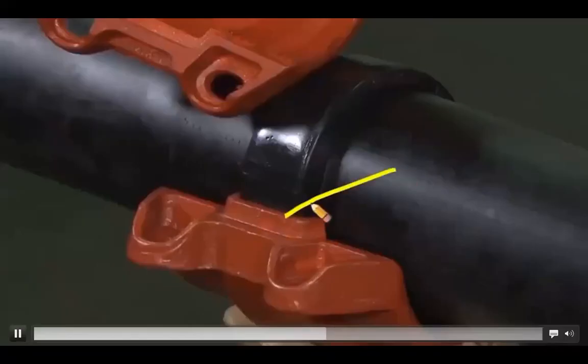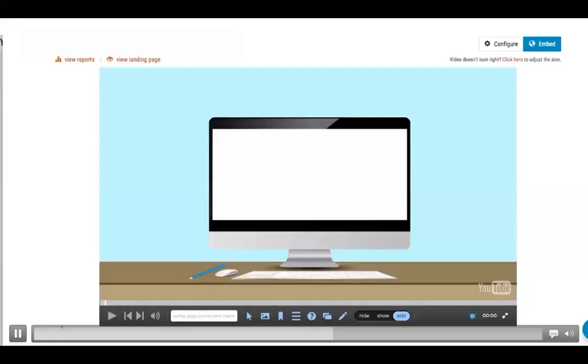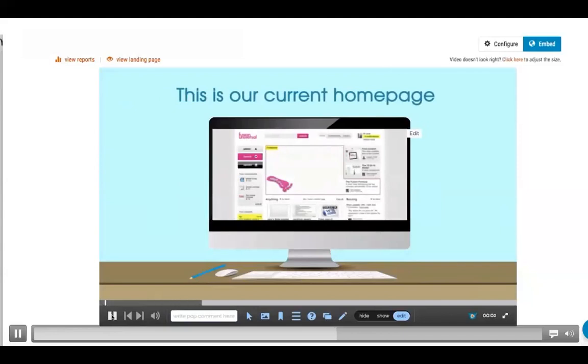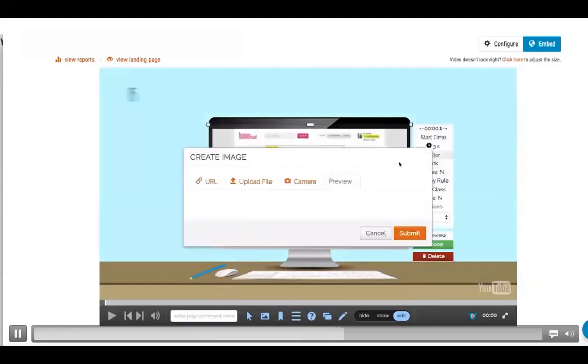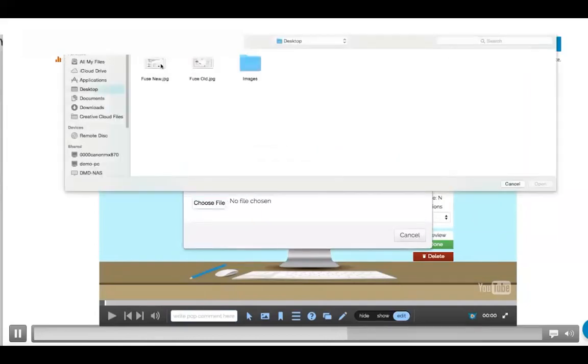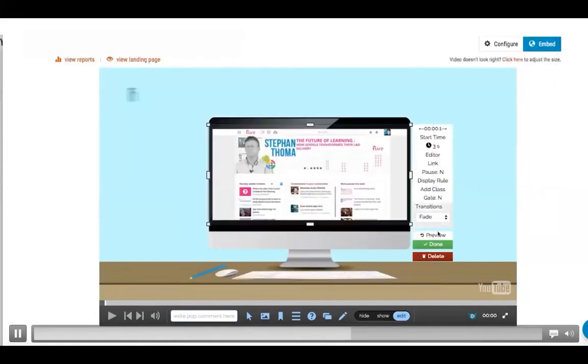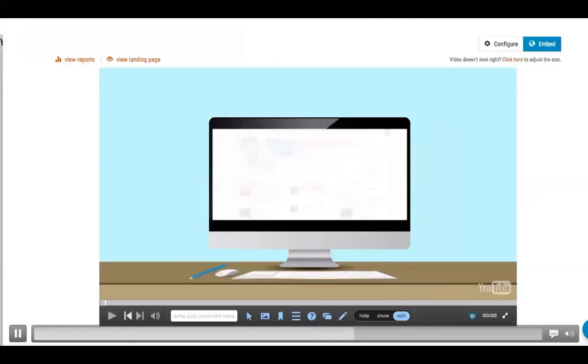Draw and highlight. Draw on top of your video to highlight key points of the information. Future-proof. Keep content relevant by incorporating interchangeable images within your video. Product interfaces or company procedures can be updated instantly without the need to develop a brand new video.